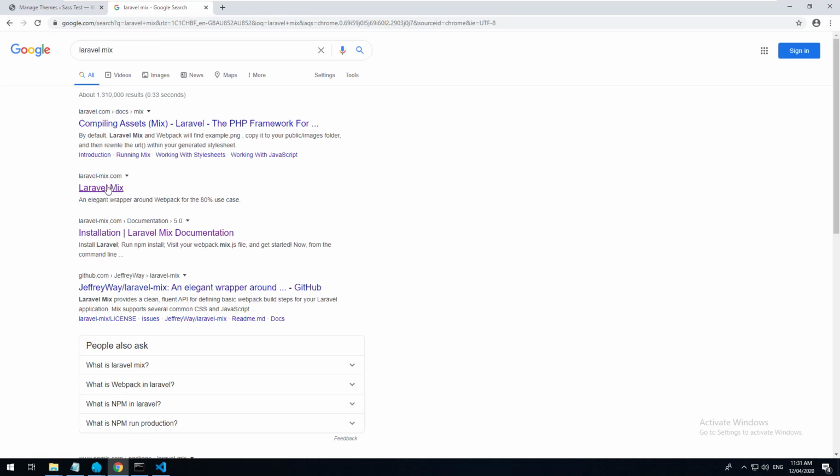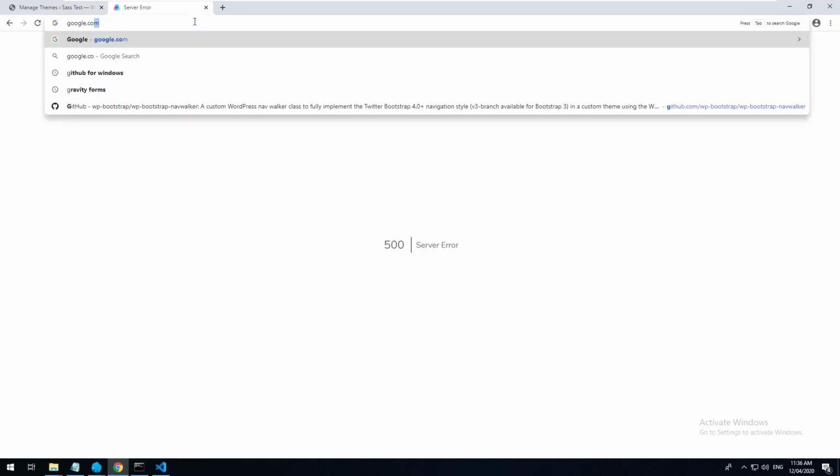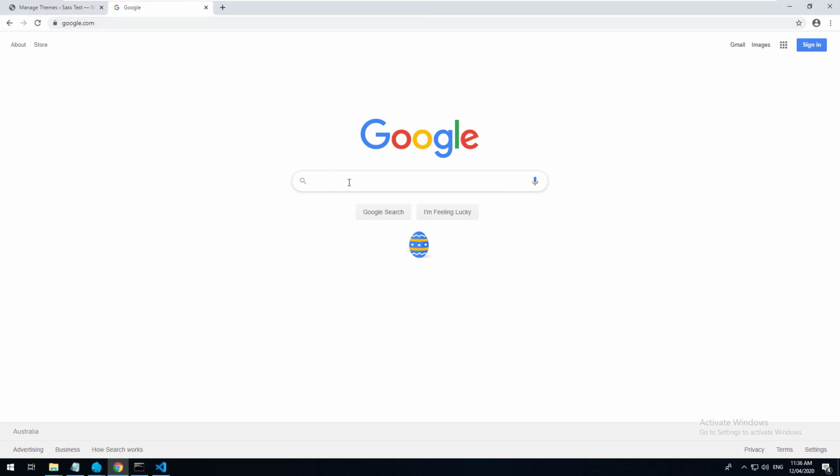We'll then go to the second result, which is the Laravel Mix website. And that's a bit strange. They're having a server error. Fantastic. Well, that doesn't seem to be giving anyone a good impression about this package, but it is really an excellent package. So I guess a way around this, we could go back onto Google and we'll type in Laravel